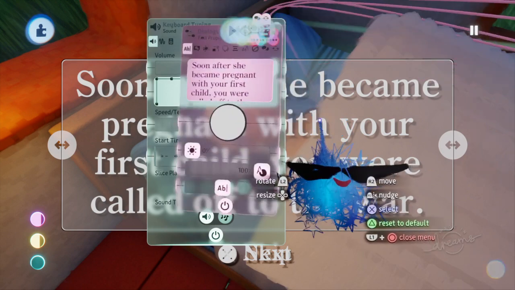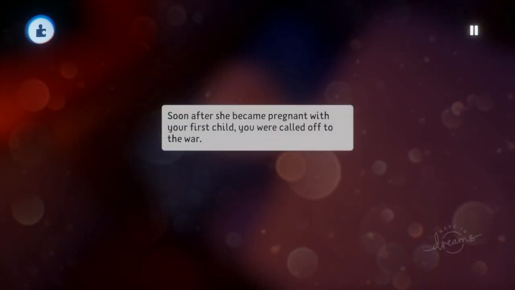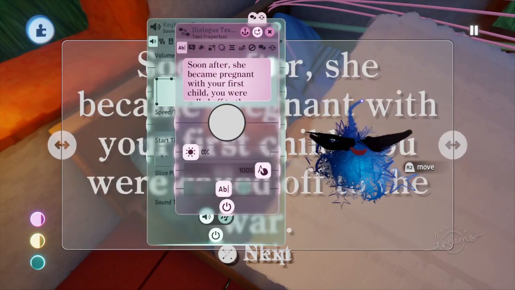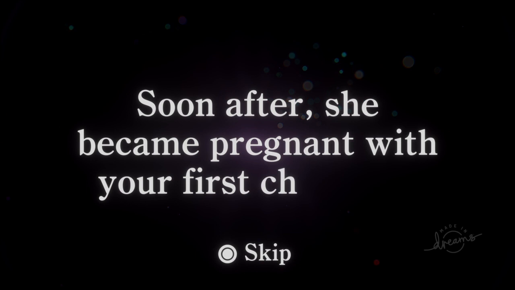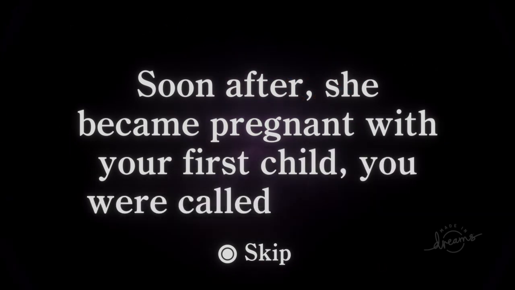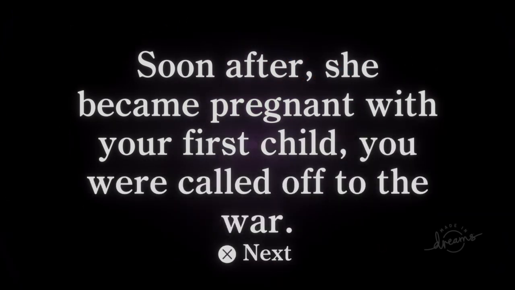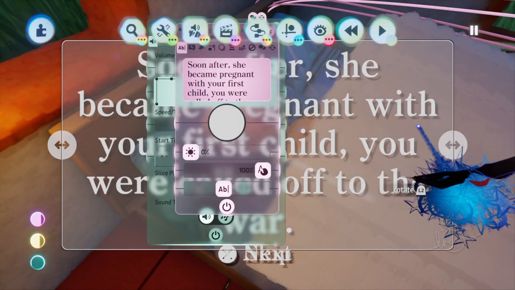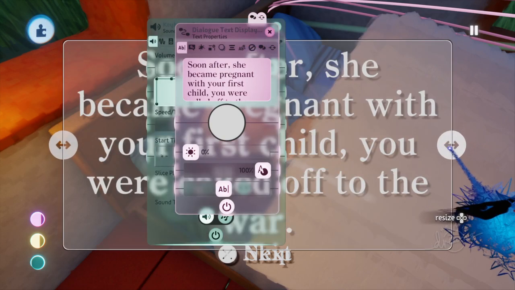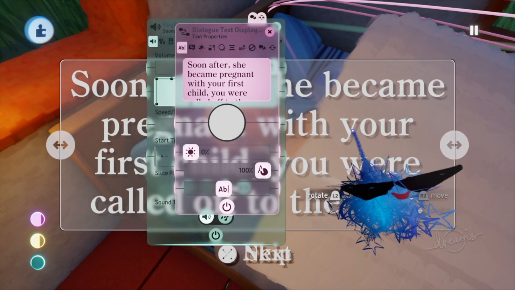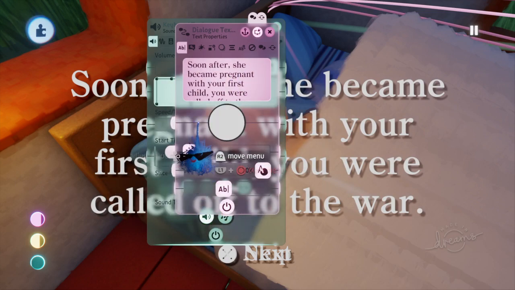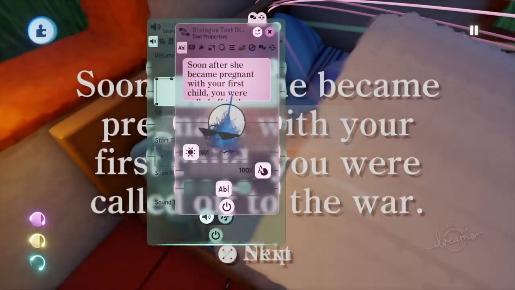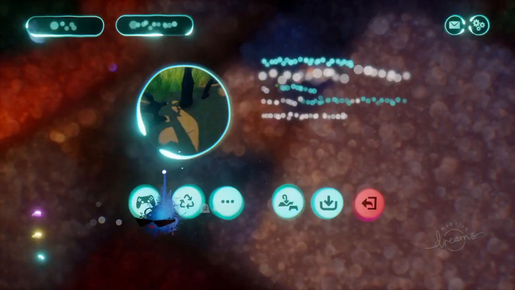Messing up on my punctuation here. Soon after, comma. I'm not going to explain why that is wrong. Soon after, she became pregnant with your first child. Wait, maybe that is wrong. I think it is. Soon after, she became pregnant with your first child. Yeah, it's supposed to be not a comma. Okay, I'm going to go ahead and end this video